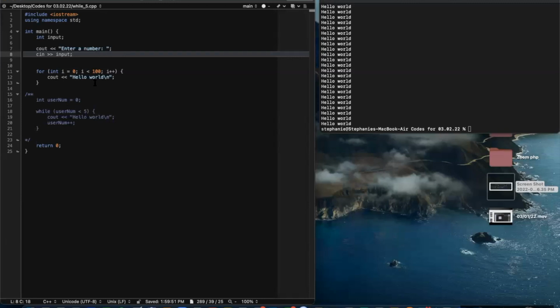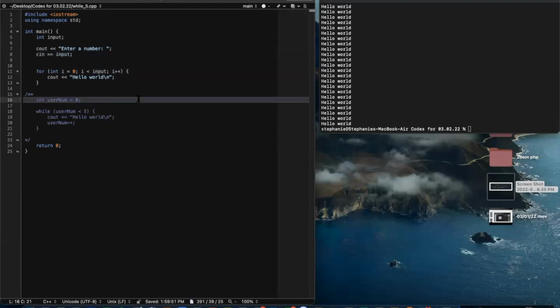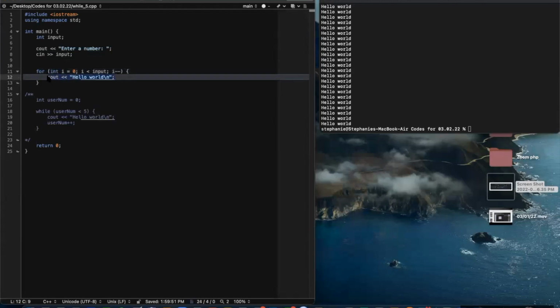Change the 100 to the number you want. Perfect. So we changed 100 to the number that we are going to start counting from. And then the i++ changes to i--. Good, because instead of counting up, we're counting down. And we also want to output, instead of hello world, the numbers counting down. So in our loop here, what is changing? The input or